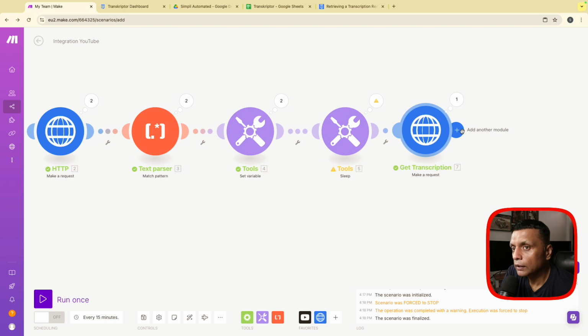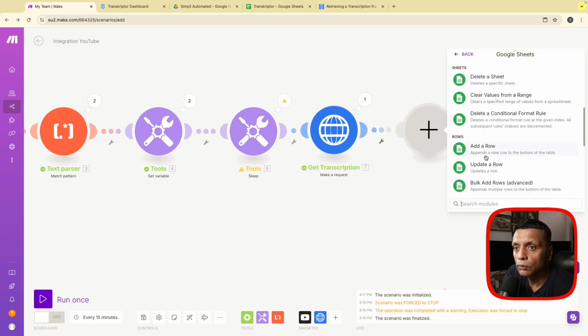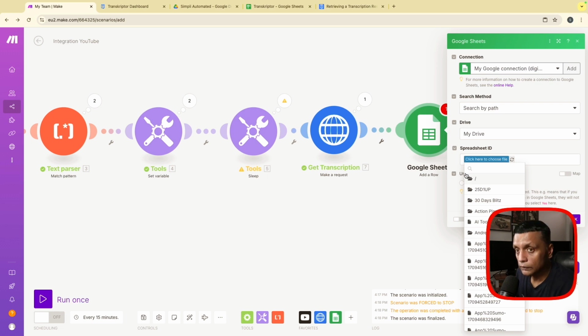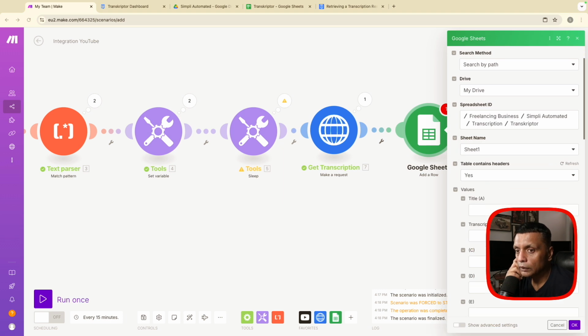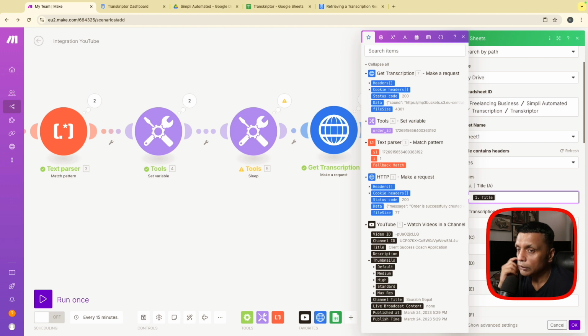Okay, and then we need to add a Google Sheet, add a row, and you need to connect your Google account here, and then you need to select the folder. You need to give a path to that sheet here. Okay, now you need to give the outputs here. The title will be this. You need to store this in the Google Sheet, and this is going to be the data,